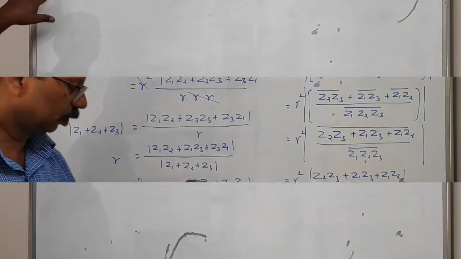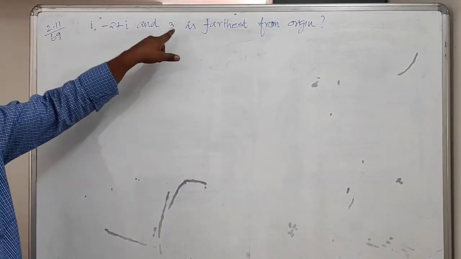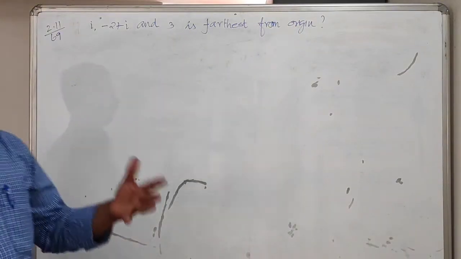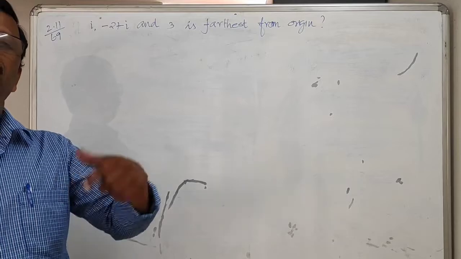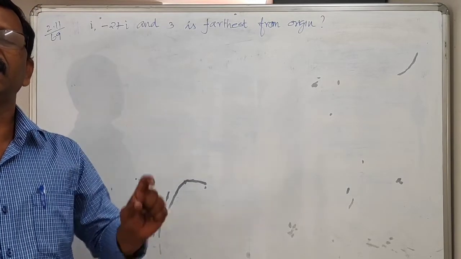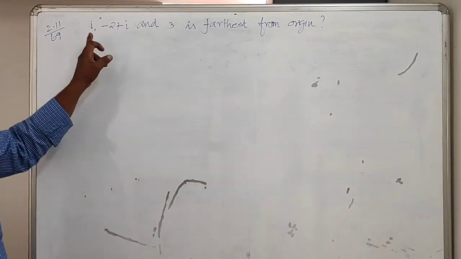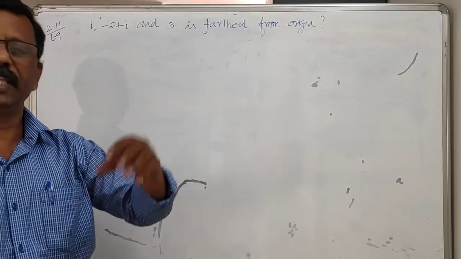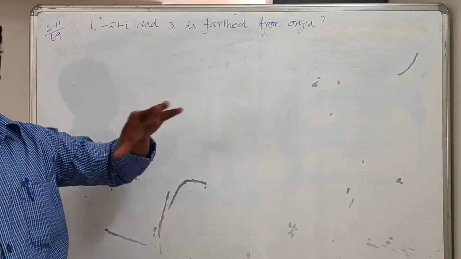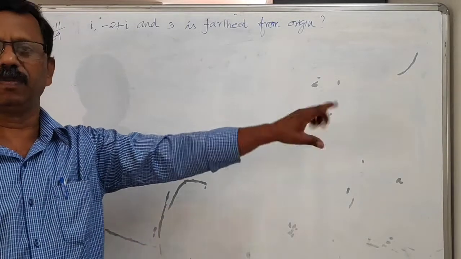Okay. Now let us see the next, page number 69. The question is, which one of these 3 points is farthest from the origin? Okay. Now we know very well, if you represent a complex number in the origin, its modulus is nothing but the distance of the particular complex number from the origin, we can say. Therefore, for these 3 points, you try to find out the modulus value. Among these 3 things, which modulus is the greatest one? That point can be taken as the farthest distance from the origin.